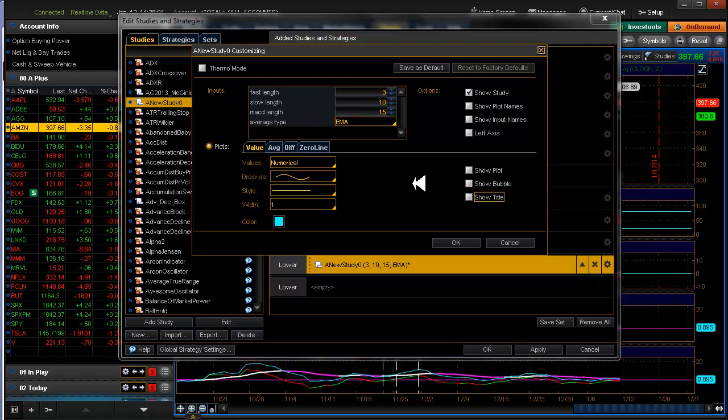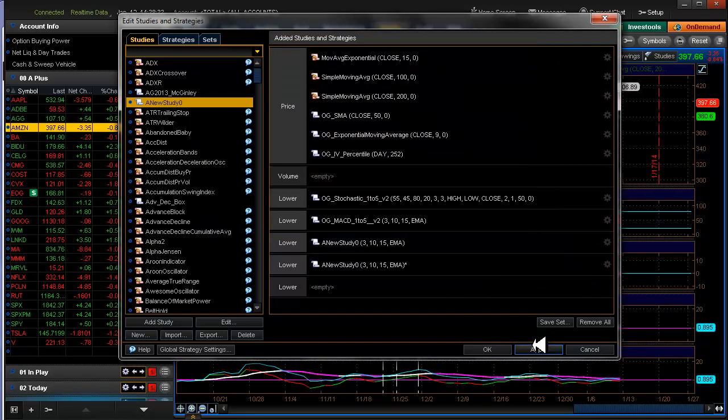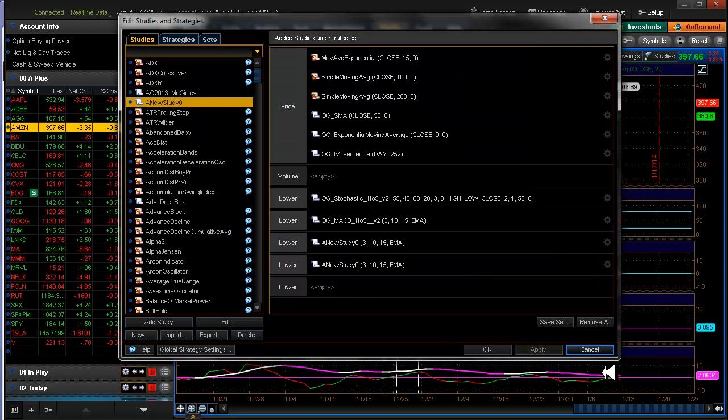so we'll just take that off. Okay, and then you can see here that the average, which is the 2-day plot, is down here, and the colors are dynamically set, and the 0 line is this line right here, and you can change that color if you like. So if we hit OK and then apply, that blue line is gone,